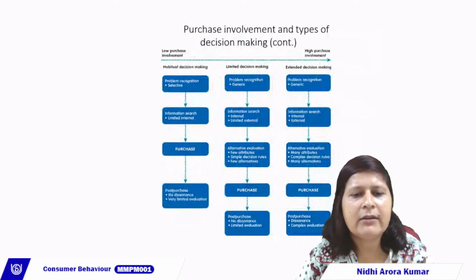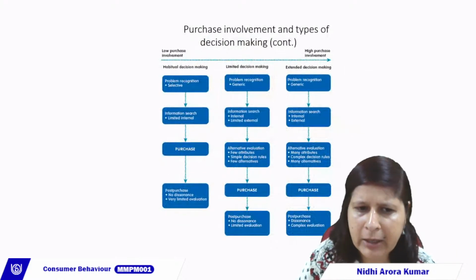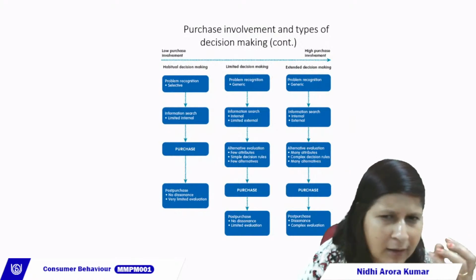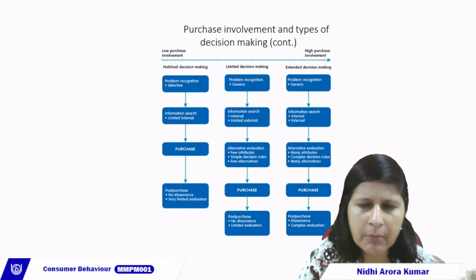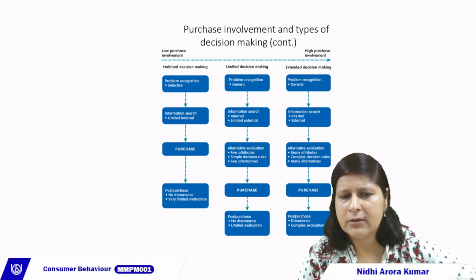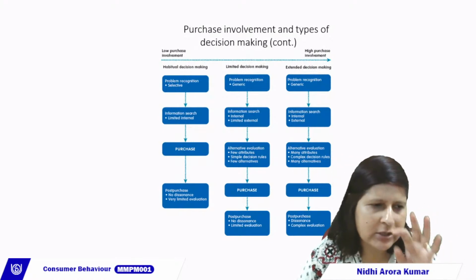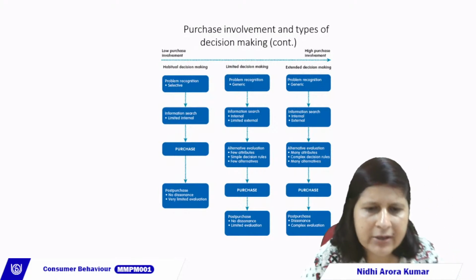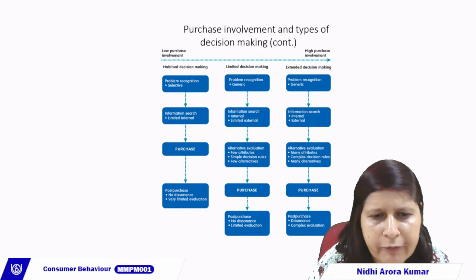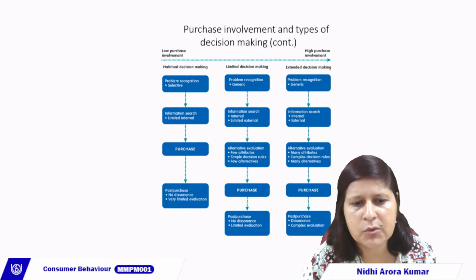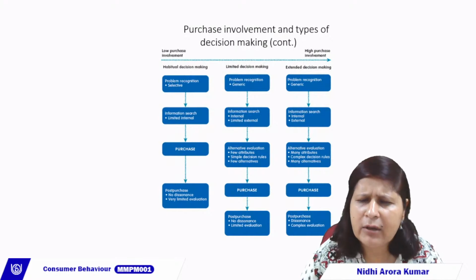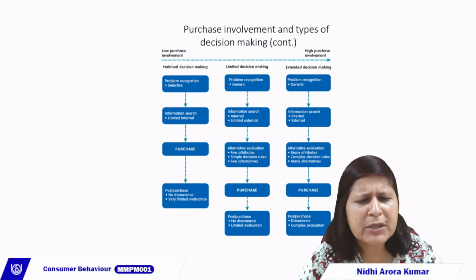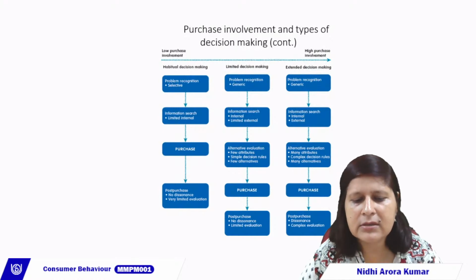Like in habitual decision making, problem recognition is selective, right? We don't pay much attention to the problem recognition. We need a bread, that is it. We don't pay much attention whether we need a bread or a bun, whether we need a Harvest bread, or whether we should buy a Britannia bread. That hardly matters to us, right? Then there is a limited information search. We go and make the purchases. Post purchase, no dissonance,